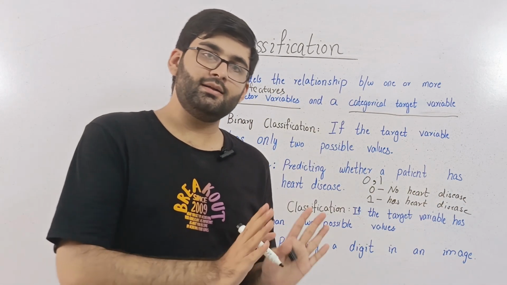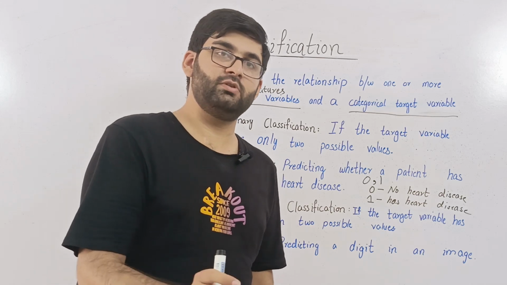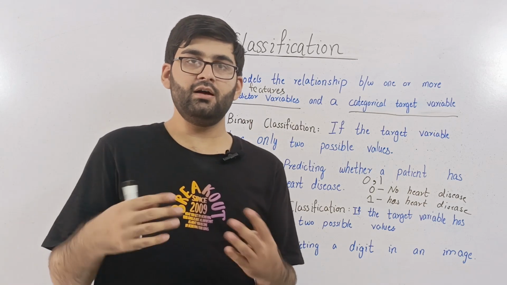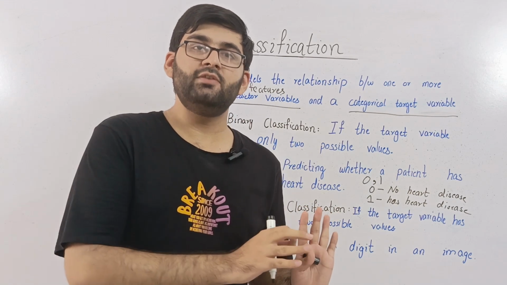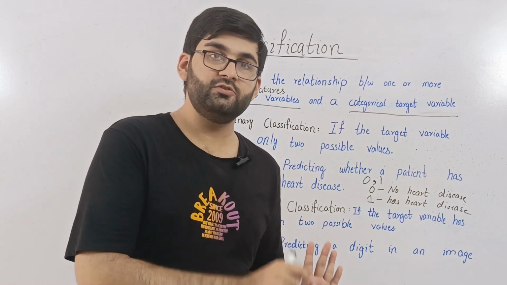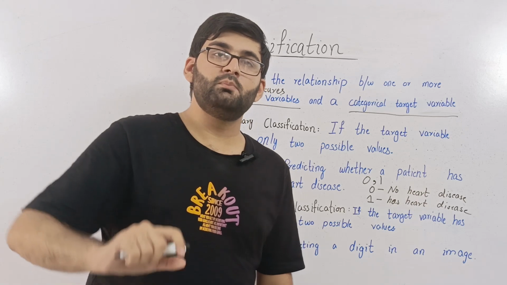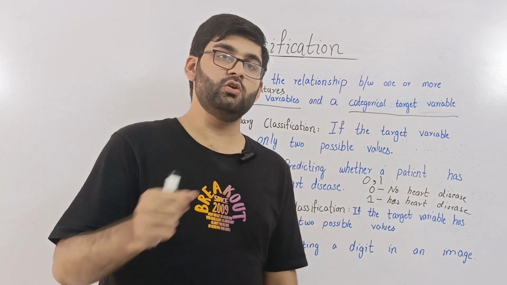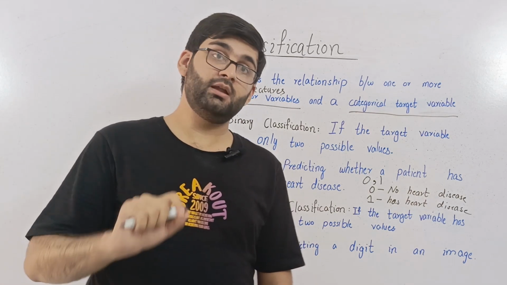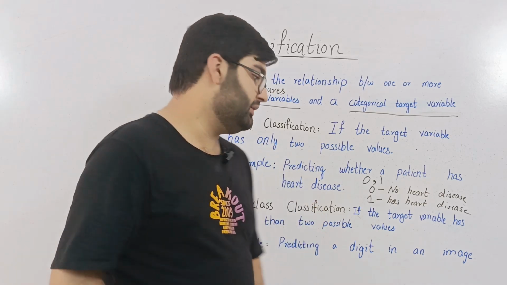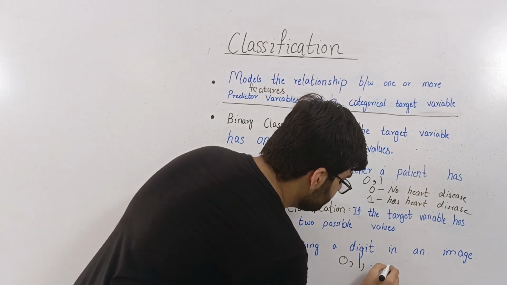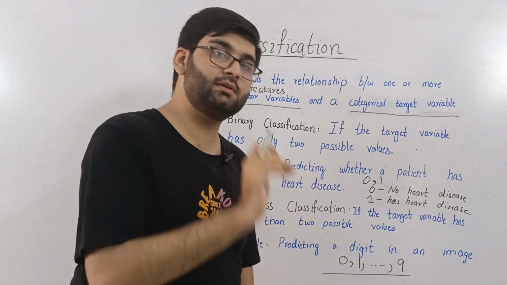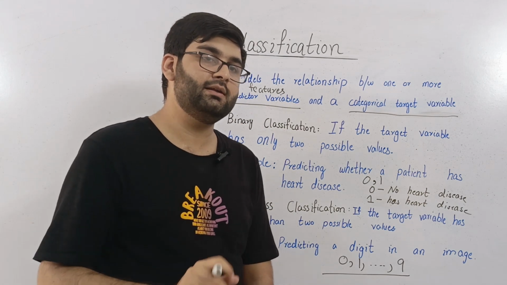Now, in case the target variable has more than two possible values, then this type of classification is called multi-class classification. For example, if we have an image that contains a digit, but we do not know which digit it is, so we are using machine learning to find out which digit it is, to classify the digit. So in that case, how many possible outcomes are there? Because there are 10 possible digits from 0 to 9, this means that there are 10 possible values of the target variable, and that means that